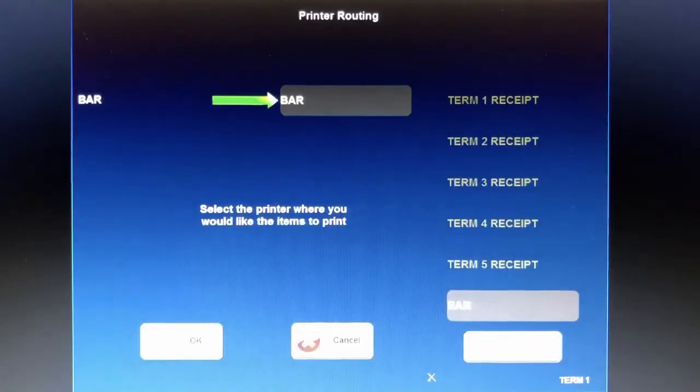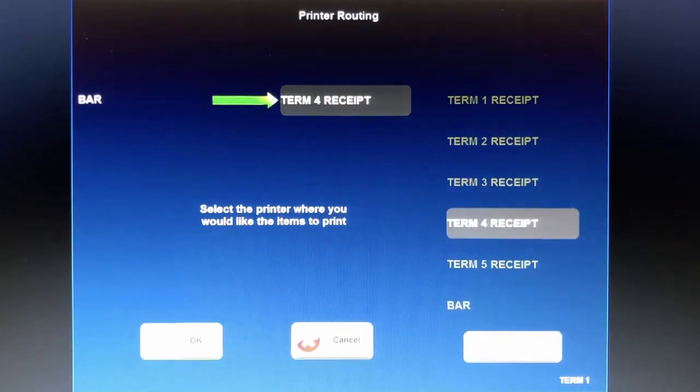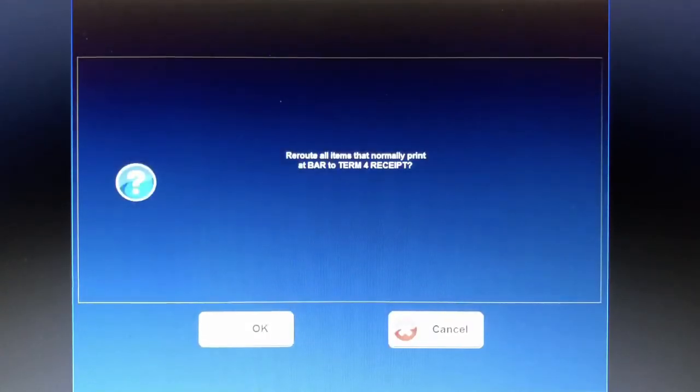Now this is going to ask me which printer I'd like to reroute these items that are going to print to the bar to. And again, the thought is, if the bar printer is not working, I might need to reroute those to the terminal receipt bar printer, so that way these will print at the receipt printer in the bar. So I could say term for receipt and OK,